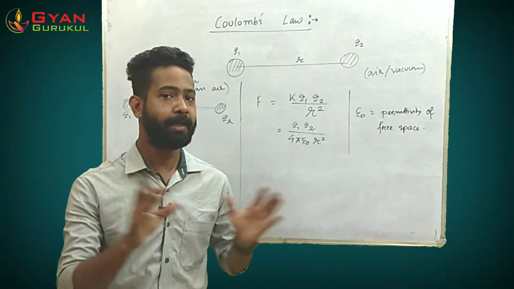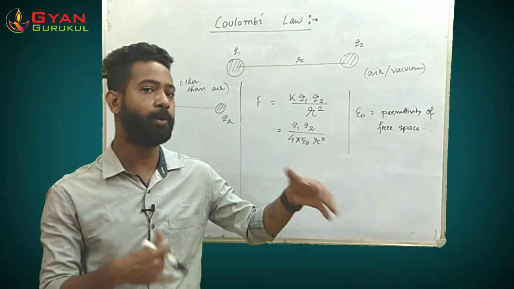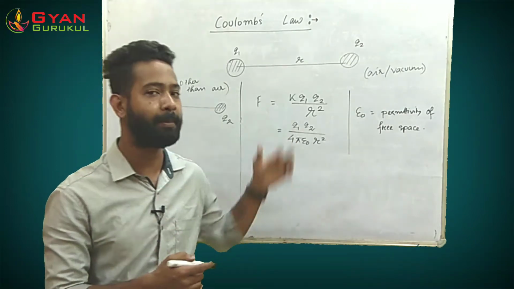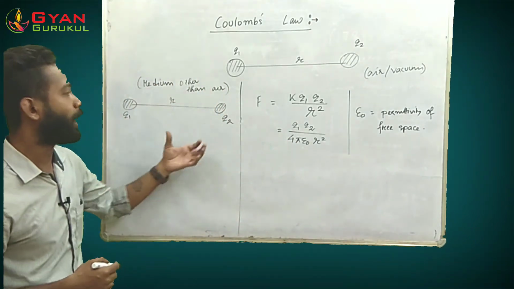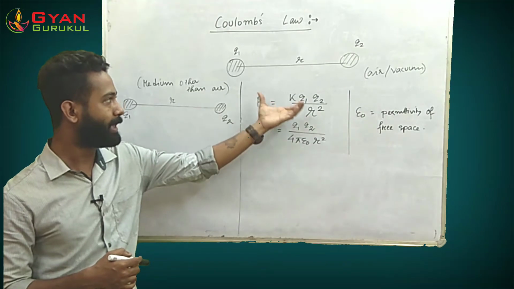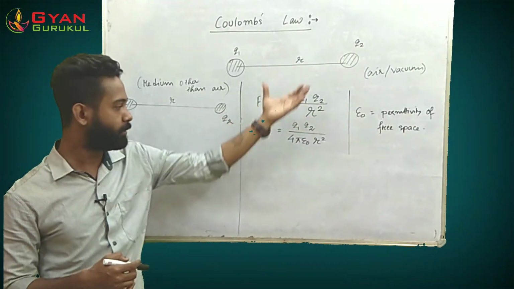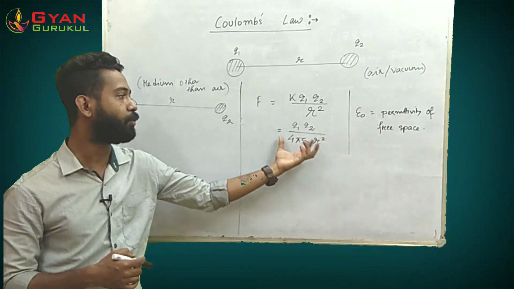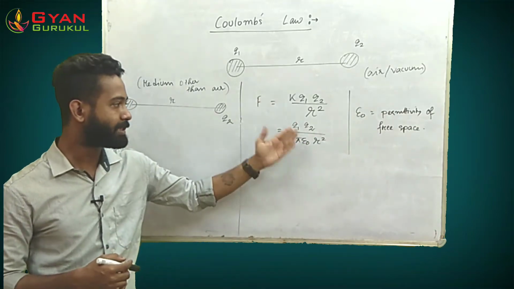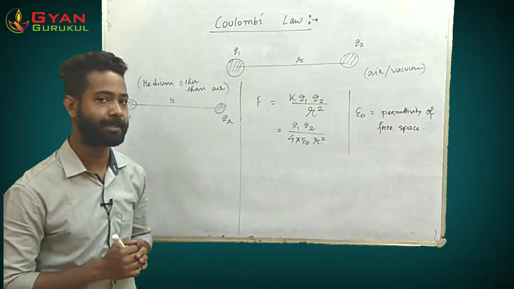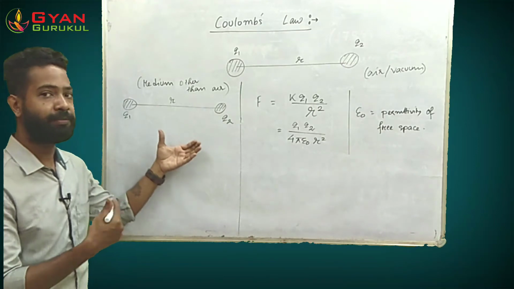Okay, so now we'll be discussing what happens when you place a set of charges in a medium other than air. I have already written down the formula. When we keep the charges in a medium like air or vacuum, the formula is Q1 Q2 by 4 pi epsilon naught R squared, where epsilon naught is the permittivity of free space. Now when we talk about a different medium,